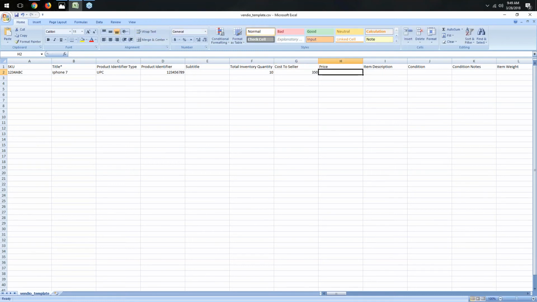And then the price is the amount of money that you are charging for it. The item description would just be the description of the item. You can put HTML code into this description box if you want. The item's condition, any condition notes, the item weight, and this would be in ounces, the shipping weight, so that would be with all the packaging and everything included,